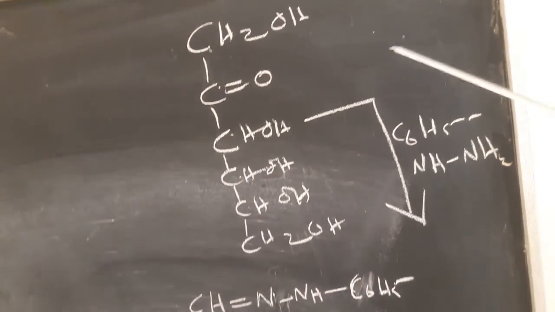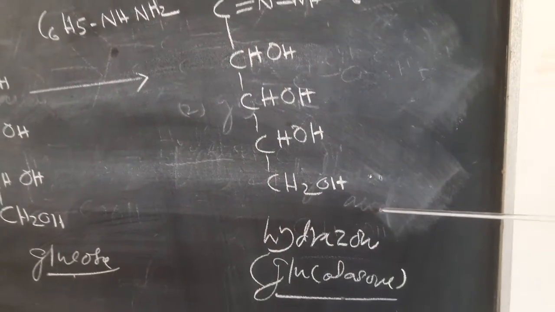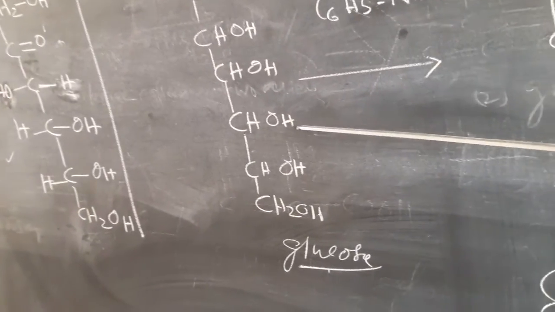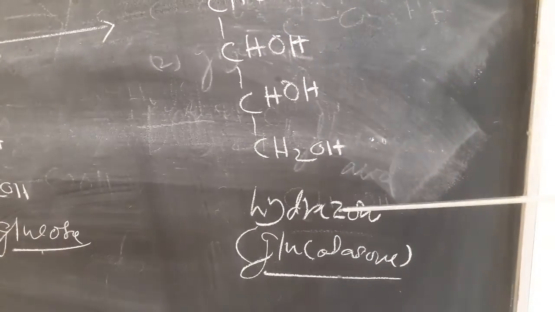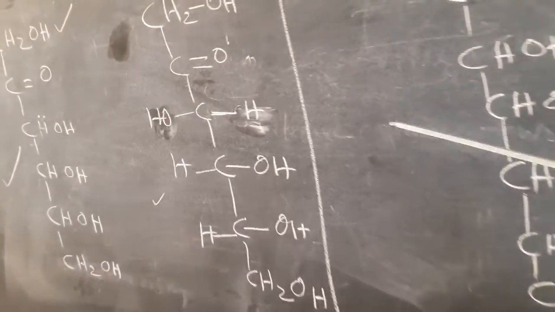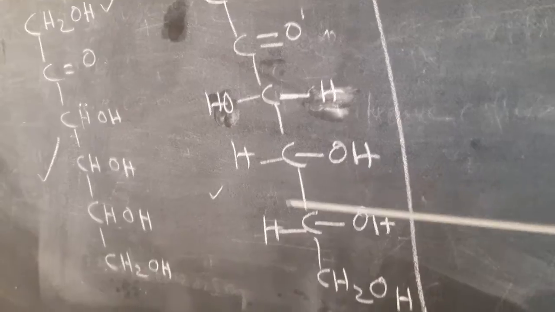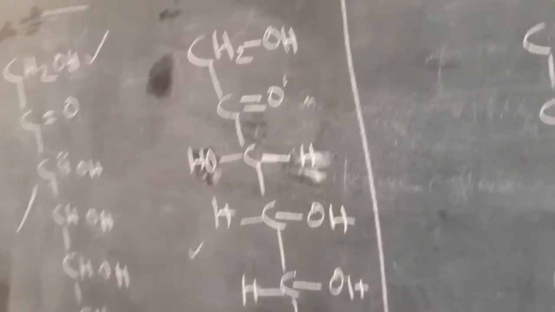And the fructose molecule also, if you take the fructose molecule here and do the same reaction, you are getting the same osazone. That is hydrazone, phenylhydrazone. That is nothing but the glucosazone. In this case also, this is fructose molecule and this is glucose molecule. Both will react with phenylhydrazine, forming the same glucosazone. Right? From this reaction, we could get an idea of the lower part of the molecule. The lower part of the fructose molecule, that is 1, 2, 3, 4, the 4 carbon atom unit is the same as in the case of the glucose molecule.